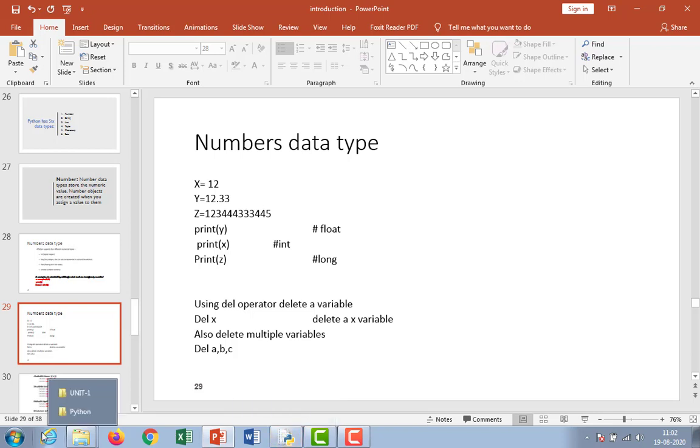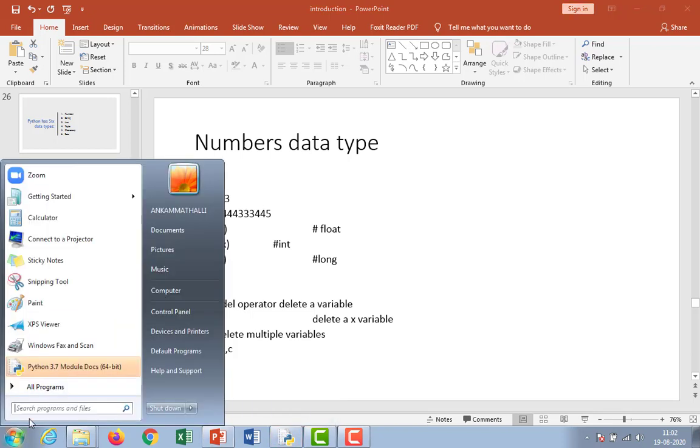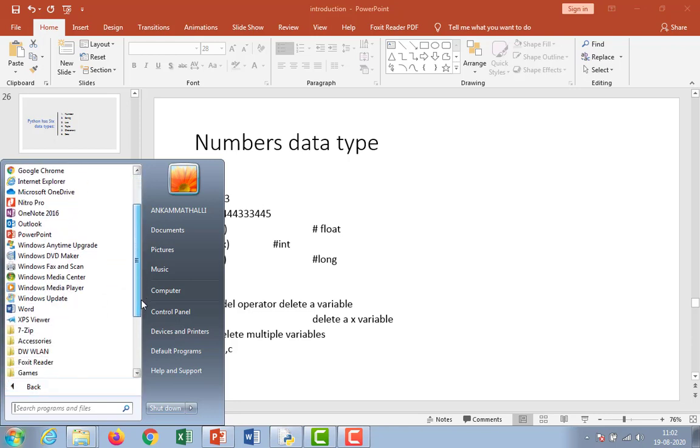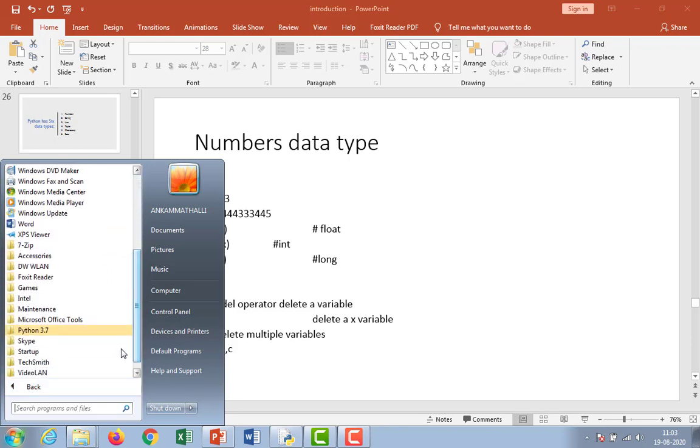After installing your Python software, Python will appear here. Whenever you click on the Windows button, Python will be displayed automatically, or else go to all programs and check for Python. Here Python 3.7 is available.